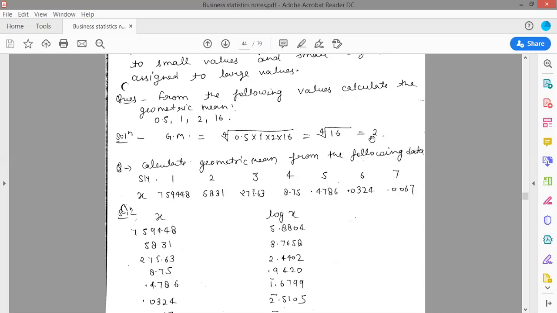Just try to understand this part, because lots of students may think in a wrong way about how we can write 2 here. So here it is the fourth root of unity, not the square root of unity. So we are taking the fourth root of unity of 16. So you can write 16 as 2 into 2 into 2 into 2, four times. So we are taking the fourth root of unity, so we will take only 2 here.